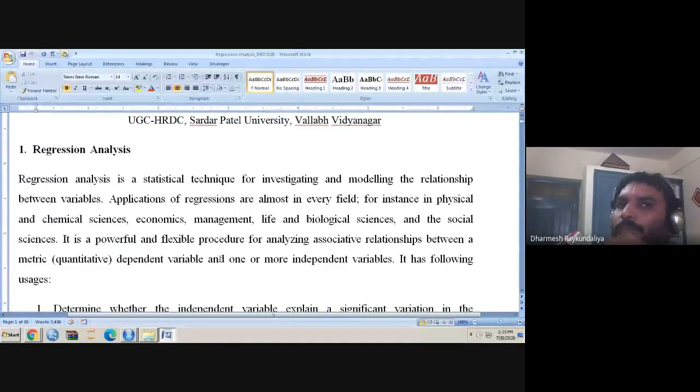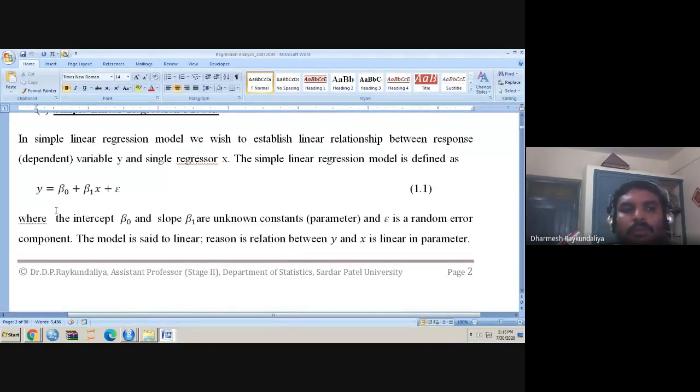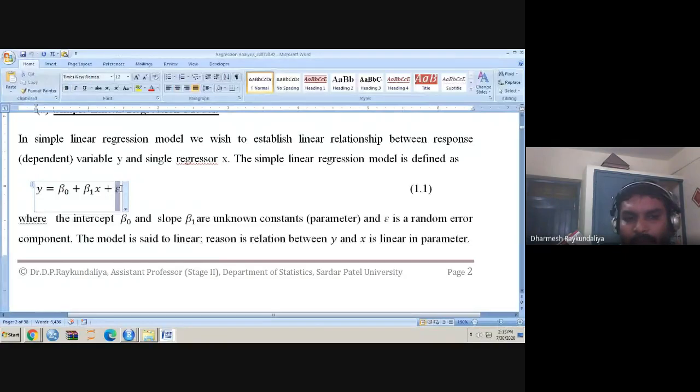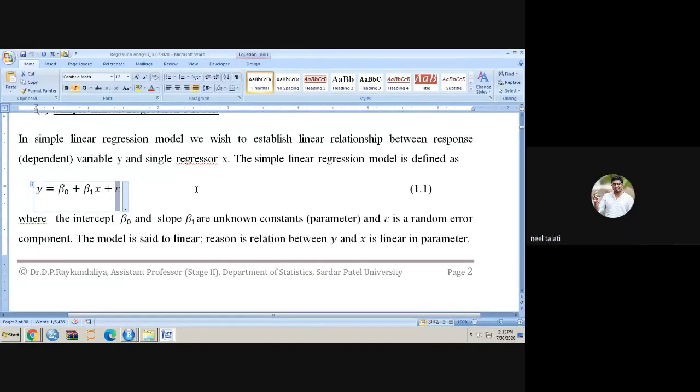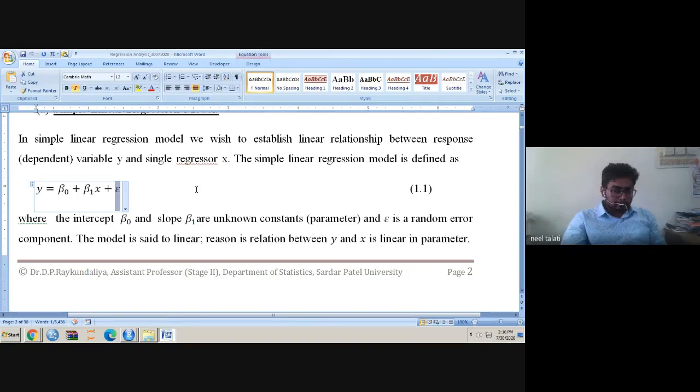Okay, so the advertisement is not only responsible for sales of the car. There are so many variables responsible for the sales of a car, but we are not able to study their impact in our model. So we will keep them as epsilon. Epsilon is said to be error. Why is it error? Error is nothing but the cumulative effect of all other variables which are affecting your response Y. In our case, what is the response? It is the sales of the car, but we could not consider them in our study.